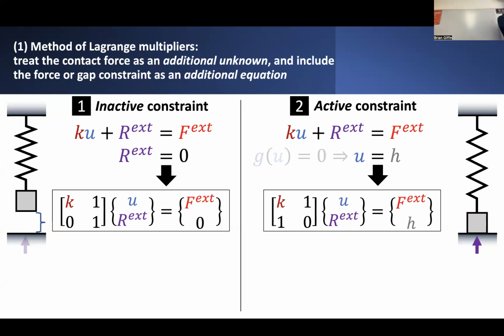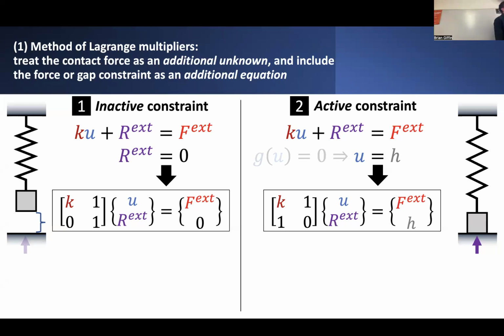You have to switch between the two instantaneously once you go from an open gap and no contact happening to a closed gap and contact being enforced. So totally different systems of equations. And ahead of time, we don't really know which one is which, whether or not the block will actually come into contact with the surface. So in essence, to summarize the main quandary of contact mechanics, we don't know which one of these will take place. So we have to make an initial guess most of the time, assume whether or not this constraint is active or inactive, then evaluate whichever system of equations we've chosen,